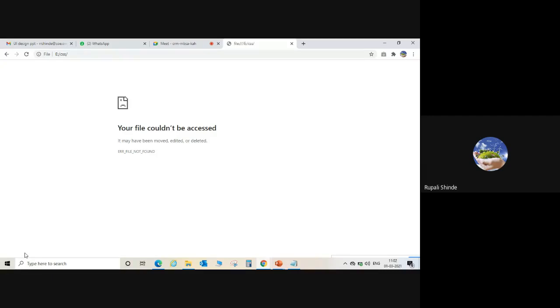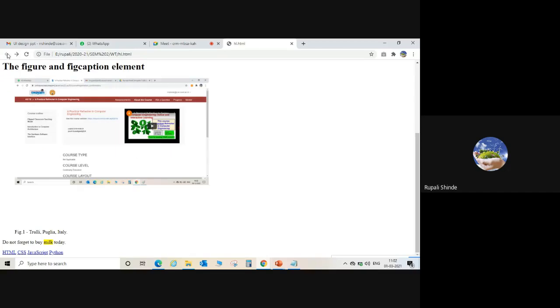Same error occurred in the link or the navigation. So we have to execute it afterwards, because it is a very important part. It may be required for the image. If you want to extract a specific image, then you are going to use the navigation. Or if you want to access a specific part of your web page, then you are going to use the navigation link. So we just have to see it afterwards. We have to skip the same slide. Then we are going to continue to the next lecture.